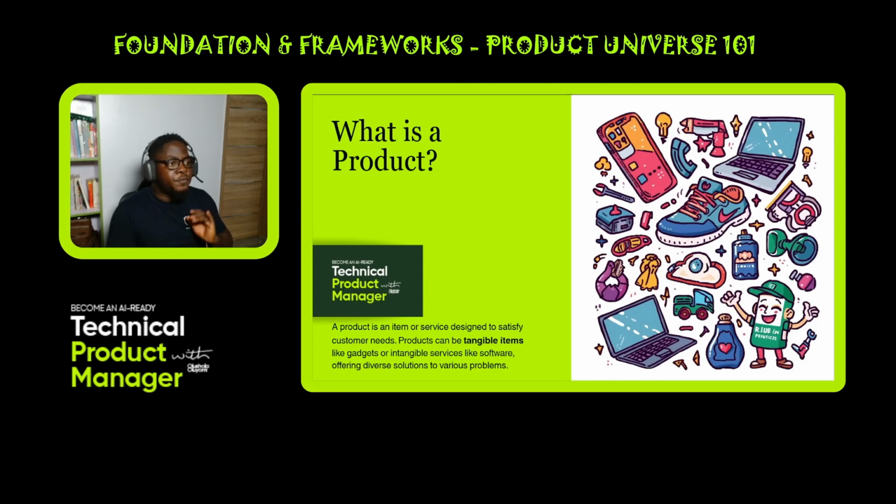All right. So we need to first grasp the concept of the product itself. What exactly is a product? I defined it here as an item or service designed to satisfy the customer's needs. So basically, it can be tangible items, just like your phones, your cars, as long as the need of a particular customer is met, which means eventually the business need is also met.